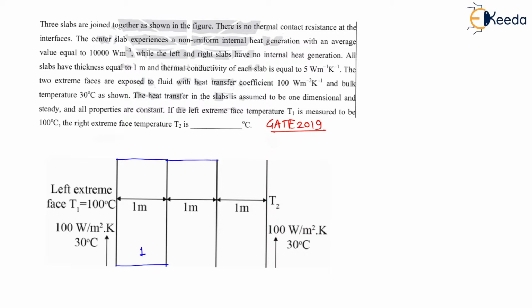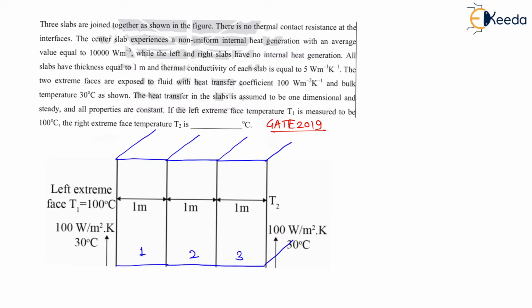Then there will be a second slab like this, and the second slab is in between, the center slab. There's a third slab like this, right? And my dear students, for all these slabs there will be a cross-section area like this. There will be an area like this, right? You can understand it clearly, right? This will be the area of this slab, that is y dimension into z dimension, right?